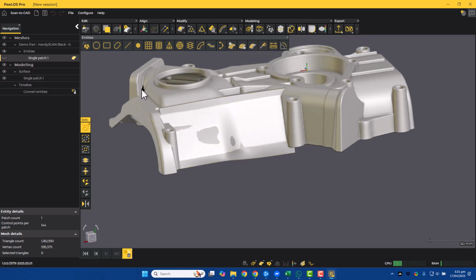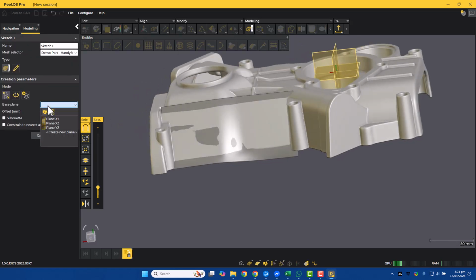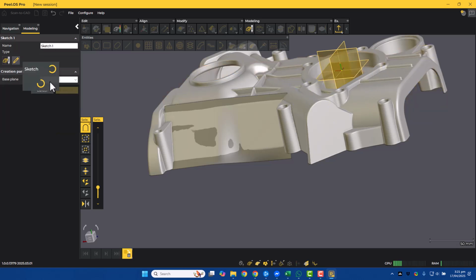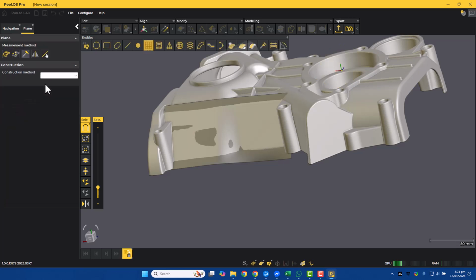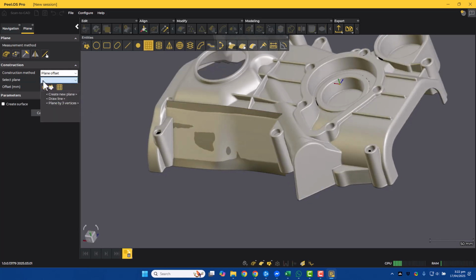And now I want to create a sketch. So I can go to create a sketch, and I can do, for example, a mesh sketch straight off of the scan data and draw over top of that polyline, or I can basically just go no polyline sketch, and I'm going to create a new plane just by offsetting the original datum plane. So we'll just go